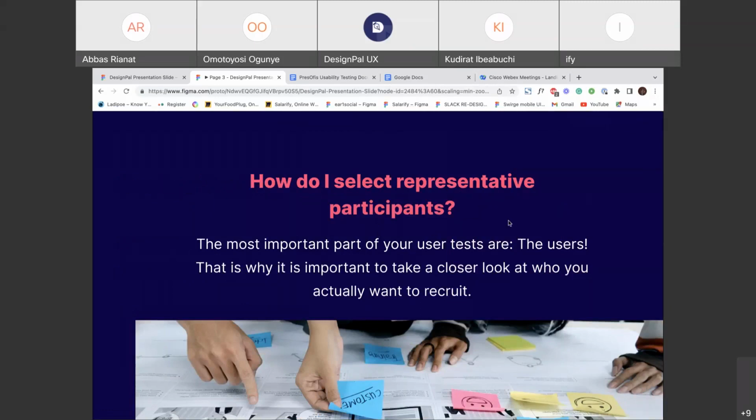Okay, so as a designer, as a UX person, I believe that after the whole prototyping stage, the next stage and the one thing that will come to your mind is how do I select representative participants to actually test what we've done so far, right? And one thing that I know for sure is the key to successful testing